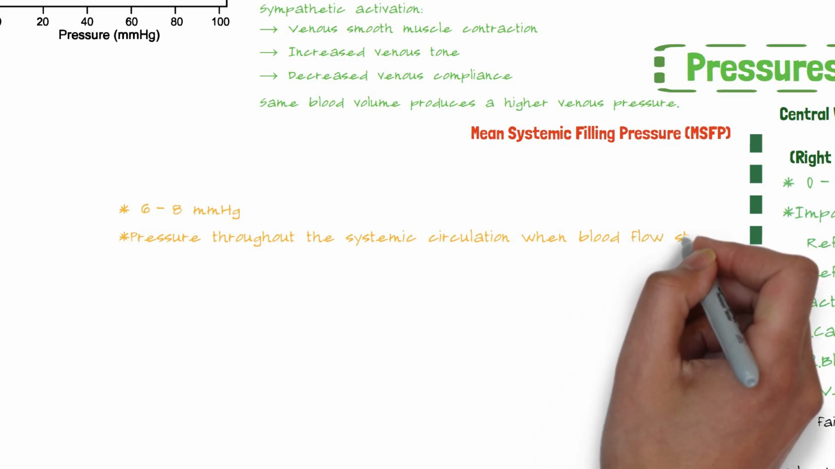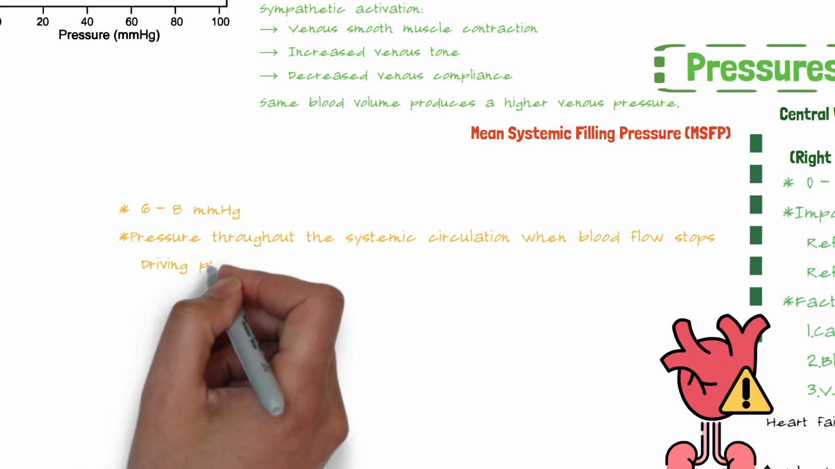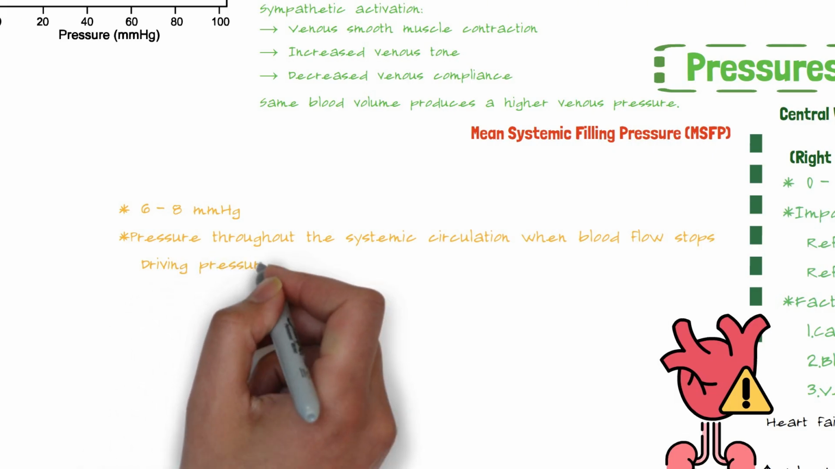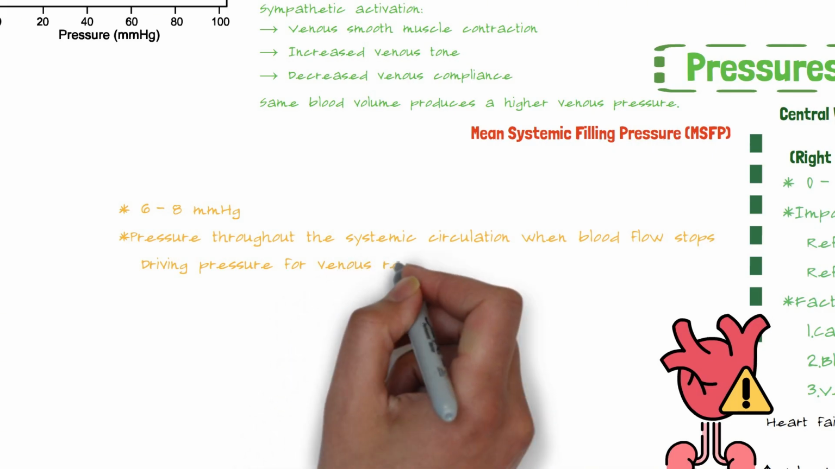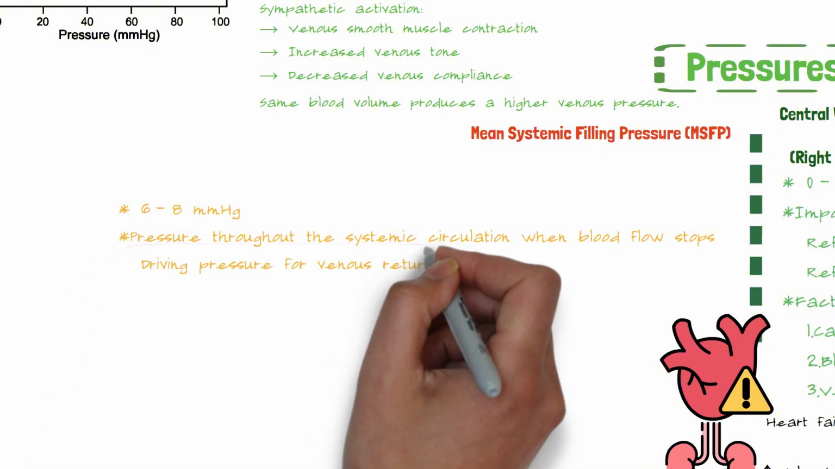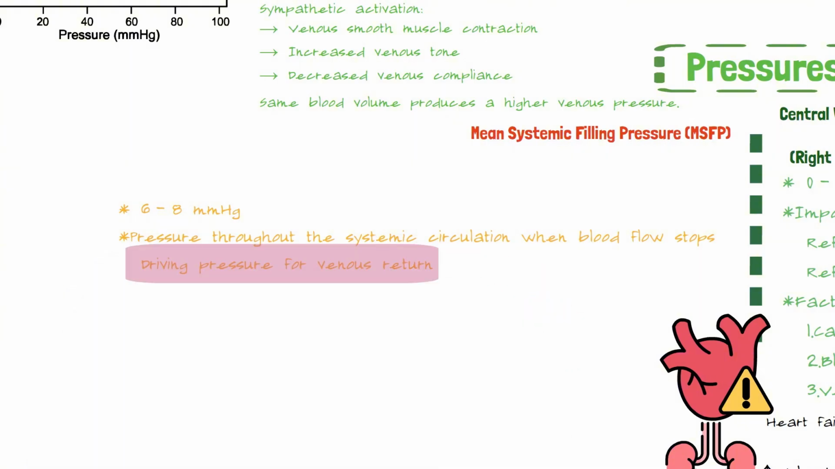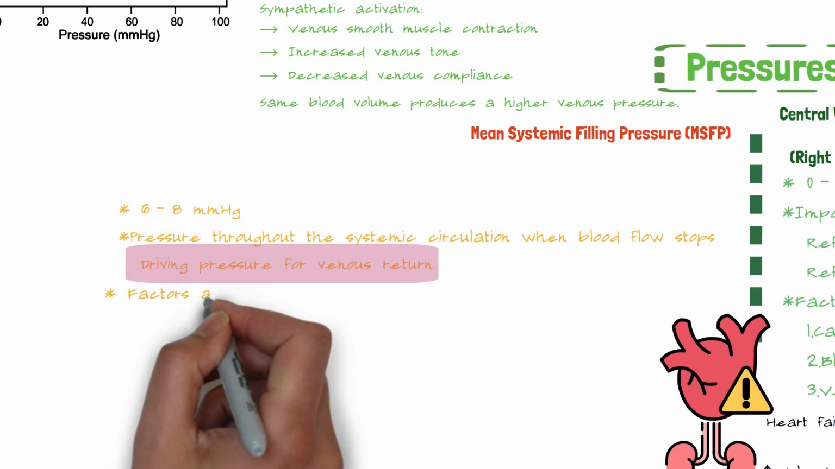So why is this pressure important? Because it represents the driving pressure for the venous return. In other words, this is the pressure that pushes the blood from the systemic circulation back to the right atrium whenever the flow is resumed, and it depends on two main factors: the volume and the venous capacitance